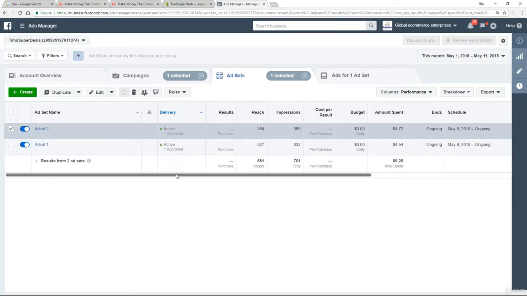Now, this first column is the delivery. So basically they're both active at the moment. I can basically pause these or stop them entirely at any time. Now, this next column, results, I'm going to come back to in a minute because that is the most important one. After that, we have a reach, which is basically the number of the people that have seen my ad. And then we've got the number of impressions, which is the number of times Facebook has actually shown it. Then we've got a cost per result. So that gives you an idea, for example, of how many times Facebook has had to show the ad before somebody makes a purchase. After that, we've got things like our budget, the amount spent, when it's going to end,